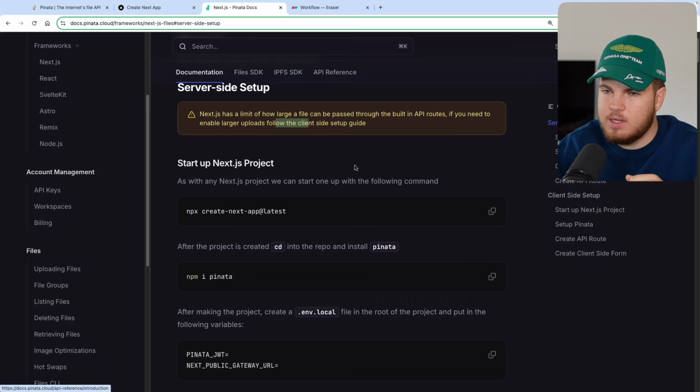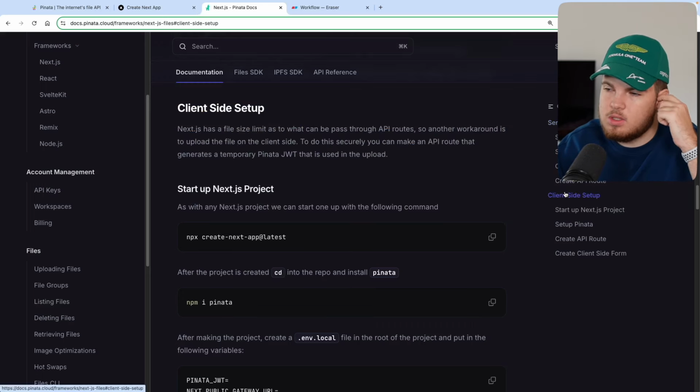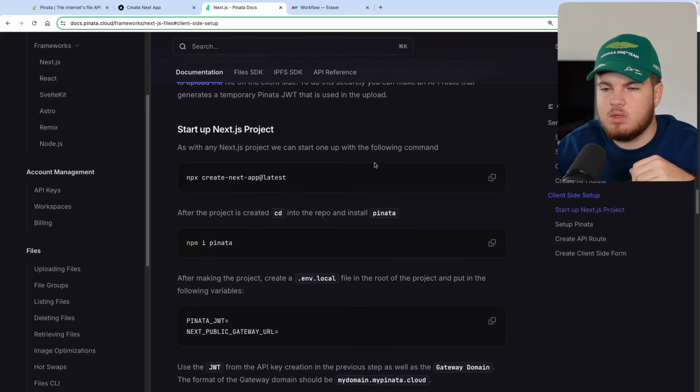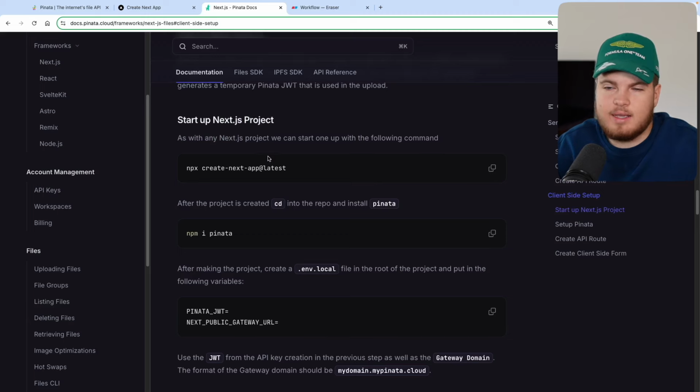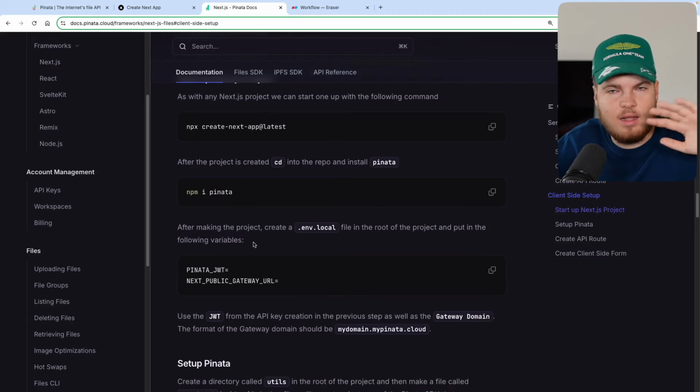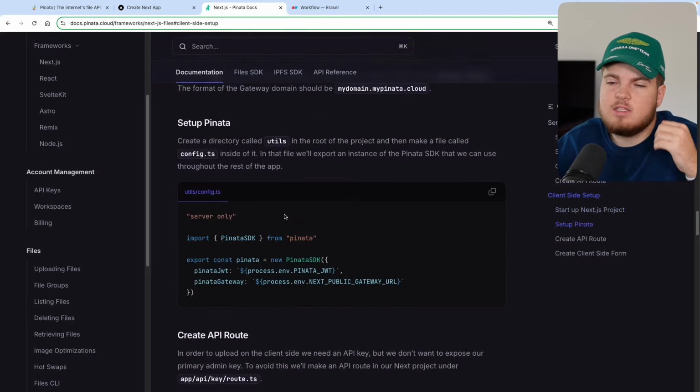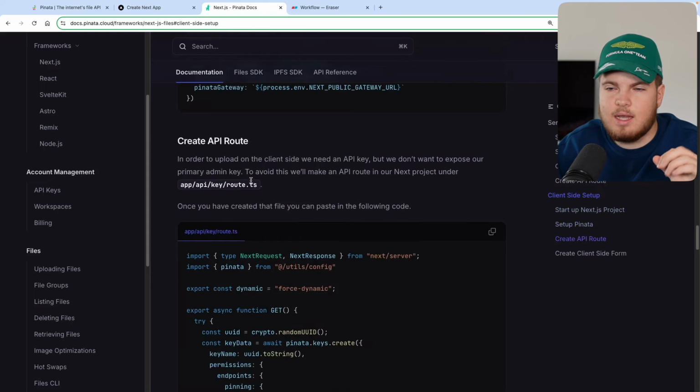So let's head over right here to the docs and let's go to the bottom to the client side setup. So this is again a quick start guide, and the first step is again to create a Next.js project, to install Pinata. We already did that. So what we can do is skip right here to the step where we have to create an API route,